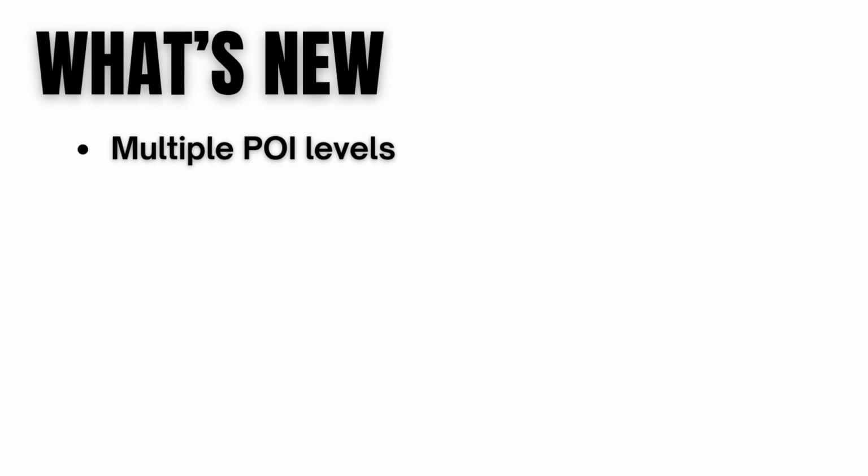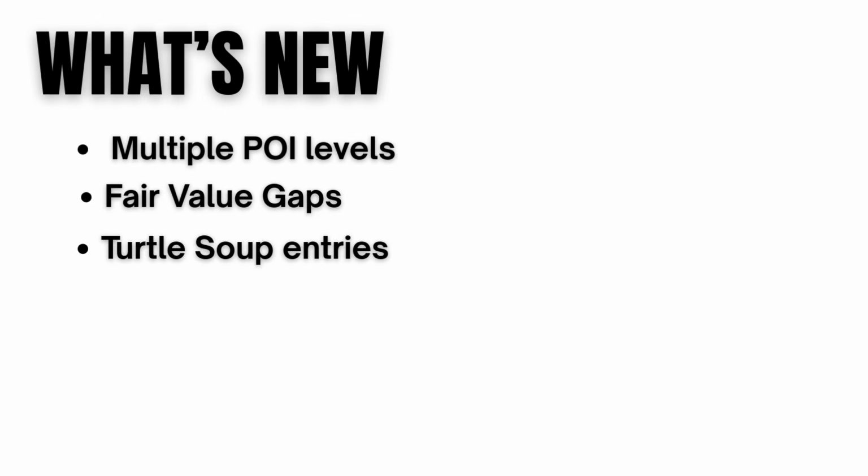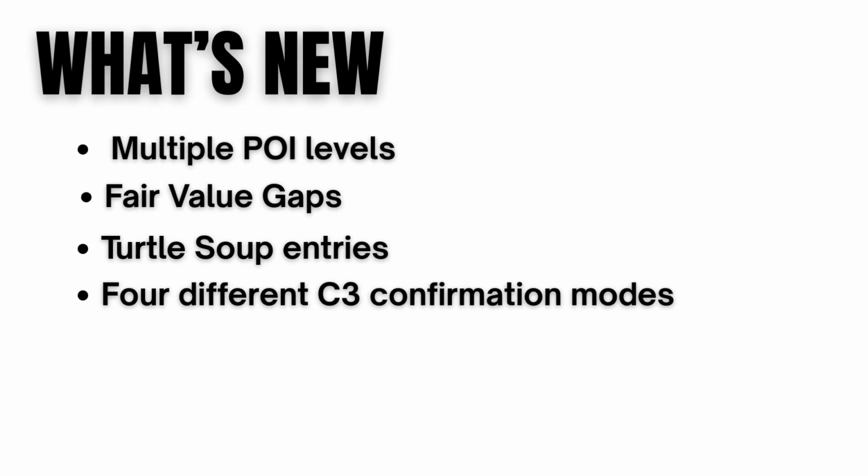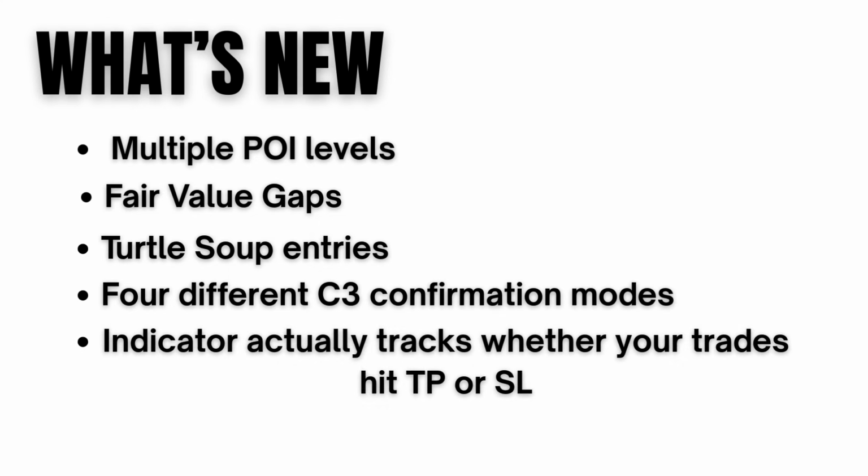Multiple POI levels, you asked, it's here. As many levels as form on your chart, all tracked simultaneously. Fair value gaps, built right in with full customization. Turtle soup entries, a completely new way to enter setups. 4 different C3 confirmation modes, so you can match the indicator to your trading style. And now the indicator actually tracks whether your trades hit TP or SL right on the chart. I'm going to walk you through all of it, every feature, every setting, and I'll give you my personal configurations